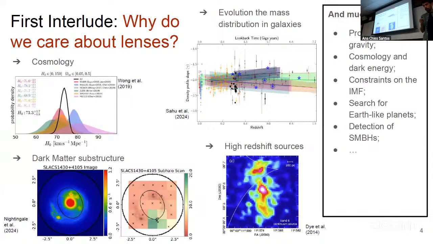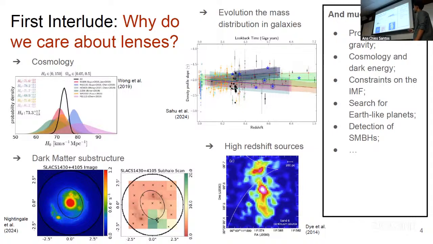So moving on, someone could ask, why do we care about lenses? I would say that it's because this is a very rare phenomenon and very interesting as well. We have these distorted galaxies, but we can also do a lot of science with gravitational lenses. If you are aware of the Hubble constant and the Hubble tension, which is the tension between different measurements of the expansion rate of the universe, we can actually use gravitational lensing, if the source is a variable source, to measure the Hubble constant, the H naught.